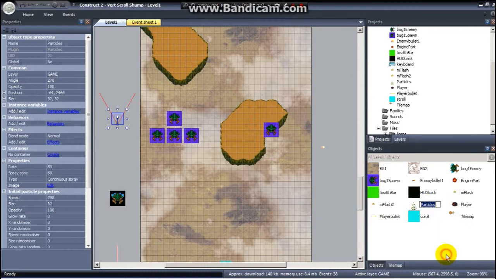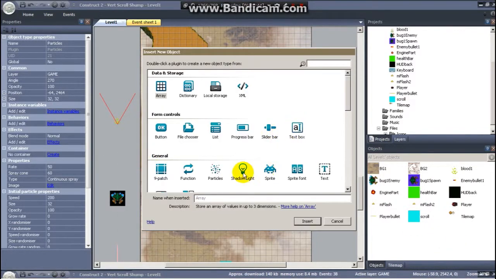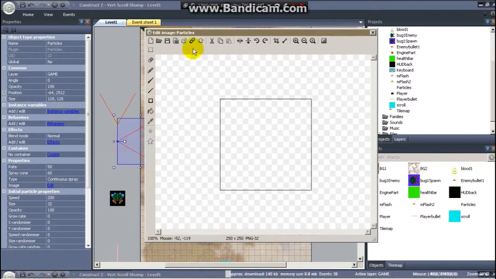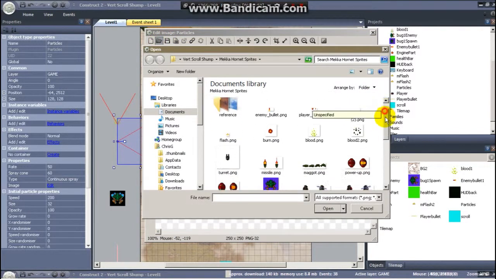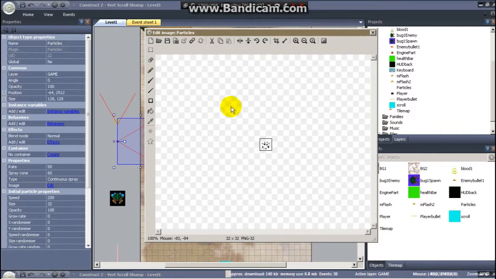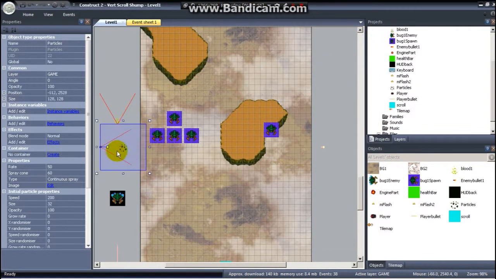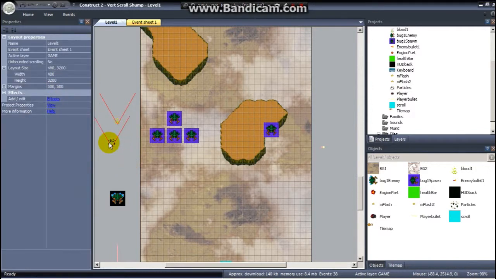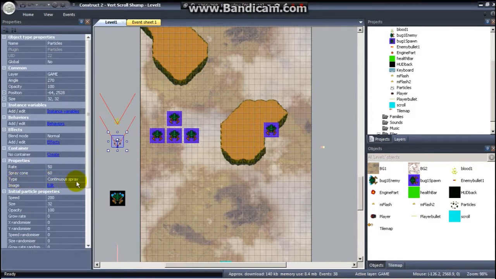And I'm going to call that blood 1, and then create another particle system. Let's load up that, and blood 2. Same thing going on here. 32 by 32, and angle 270. So we're going to set both of these to one shots,